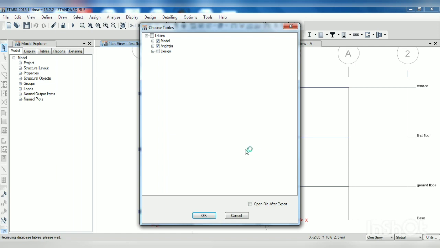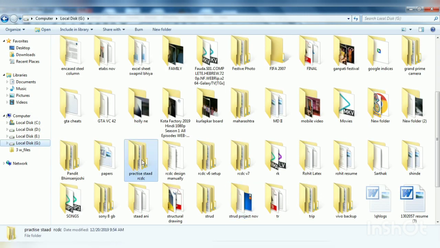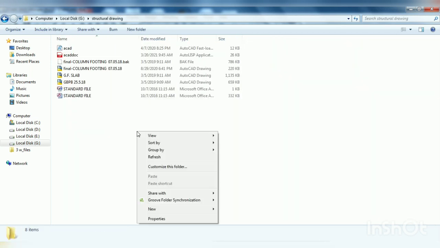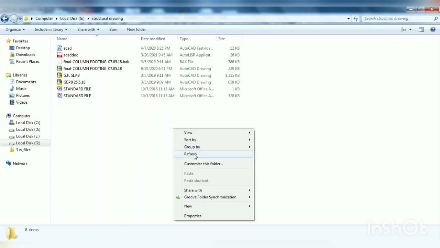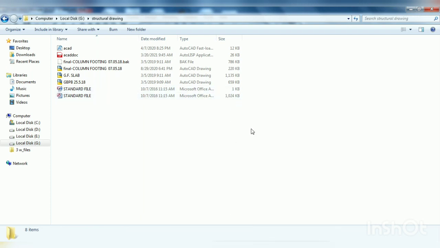Save. Then go to that folder again. Make sure that it has the complete size. So I will refresh it.